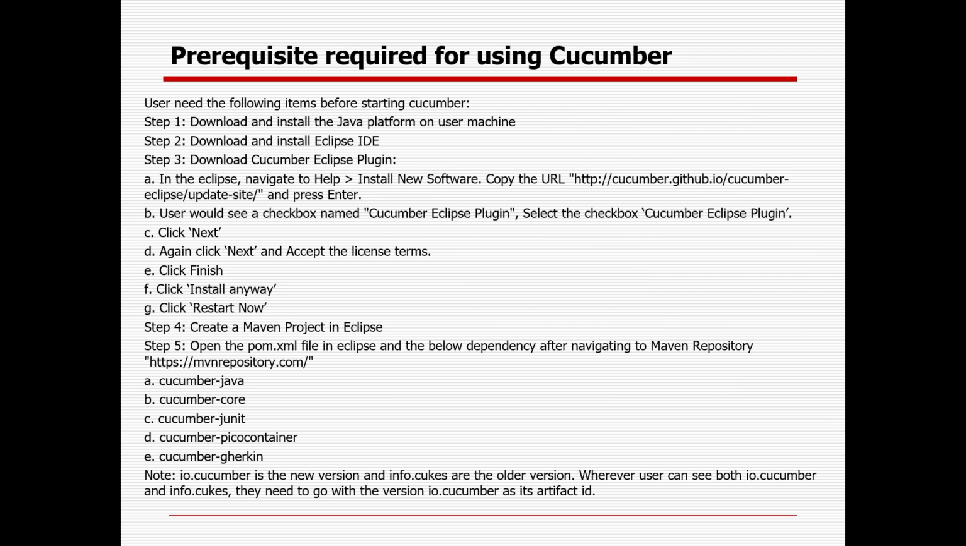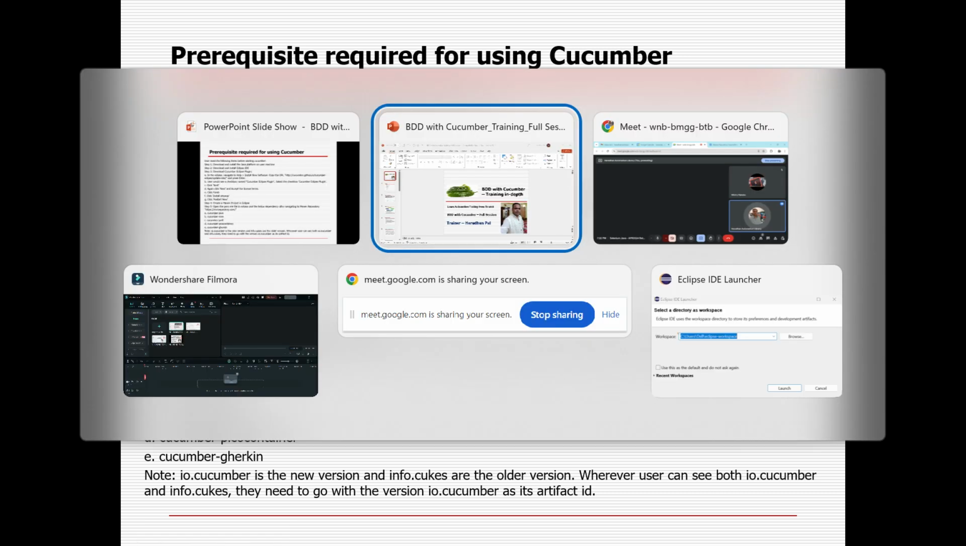We'll see. So what are the things required? You require Java, and you would require Eclipse. And then you need to download the Cucumber Eclipse plugin. How can you do it? You need to go to Help. So if you open the Eclipse,